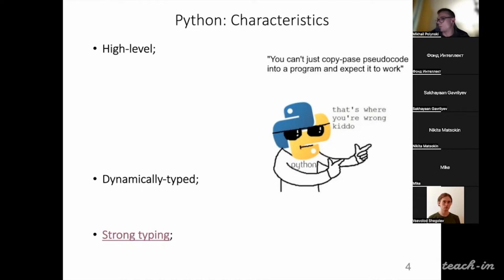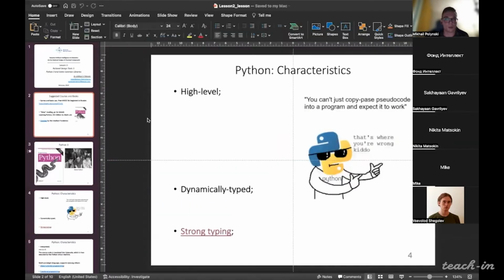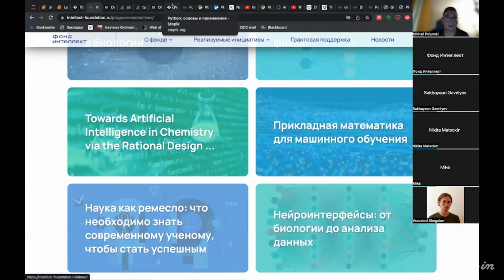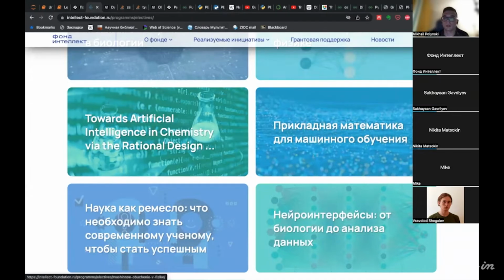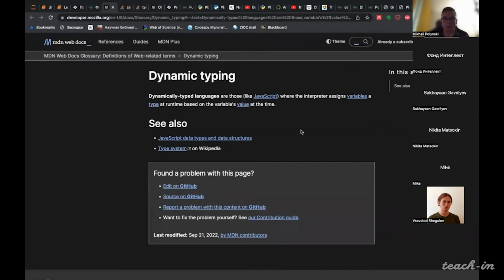If you like, you can follow links and Google about dynamic typing and strong typing. For now, I just mentioned that in dynamically typed languages, the interpreter assigns variables at the runtime.